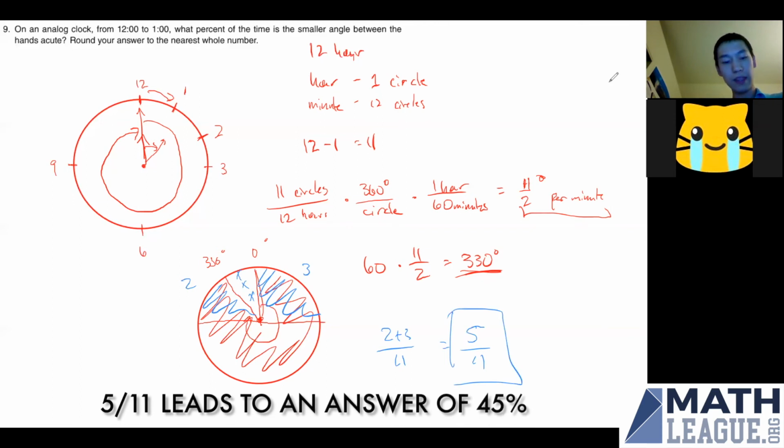And so basically, notice that instead of figuring out what time it was, we'd probably have to work out something like 1:16 and 2 11ths or something, but that's really hard to calculate. Instead, what we did is we just calculated how much the angle between them changes, and that's going to be really useful. Instead of actually looking for the exact answer we need, we can get our answer by inferring it from another method.